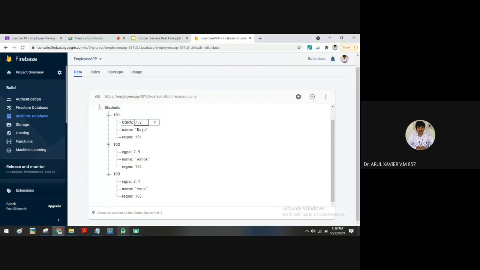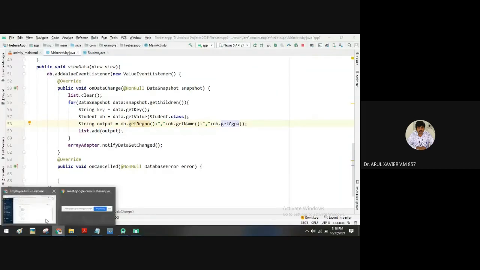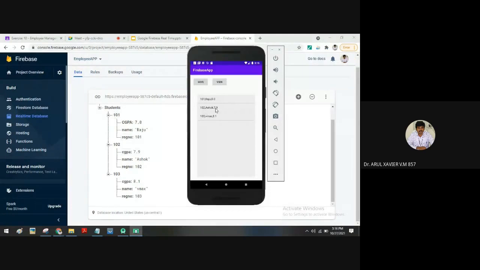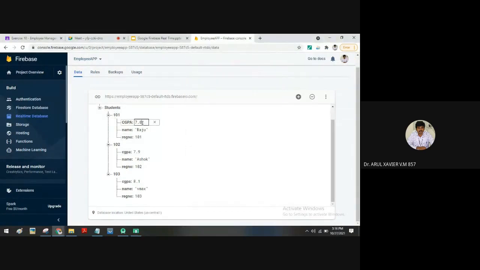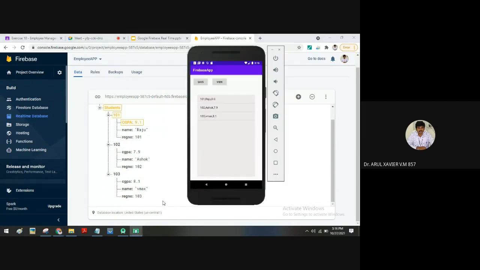Okay, one more thing I'll change. Here we'll try to change it, so it will update here. And 9.1, I'll put 9.1, okay? Nothing is changing, right?